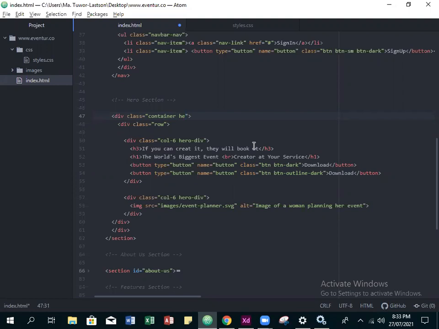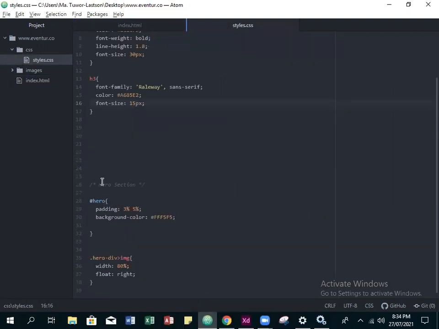We say hero-content. We have hero-content here, so we grab this class, copy it, and then go to our styling. So we apply the styling under the hero